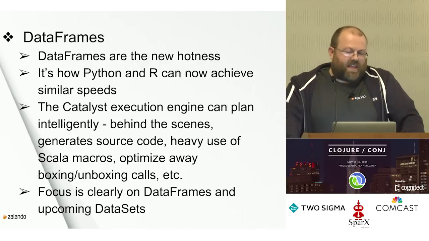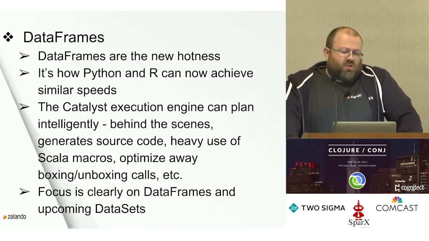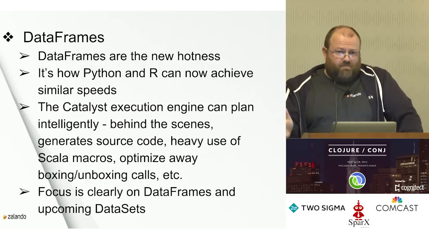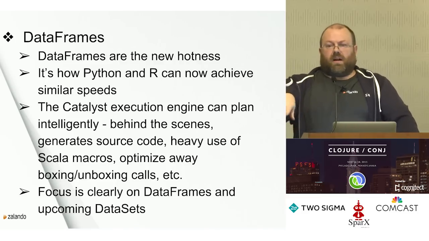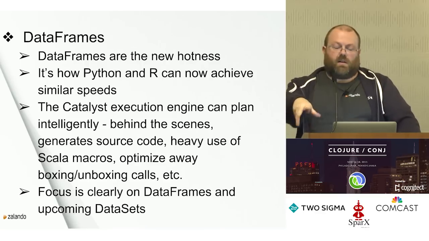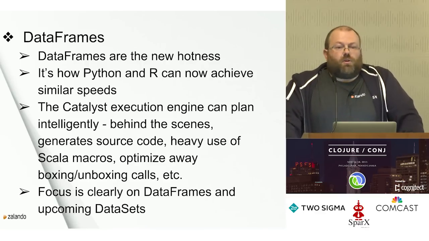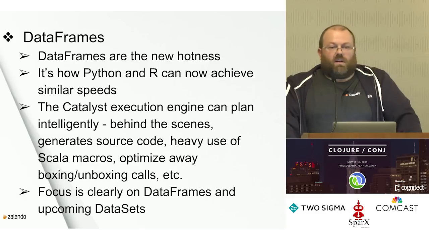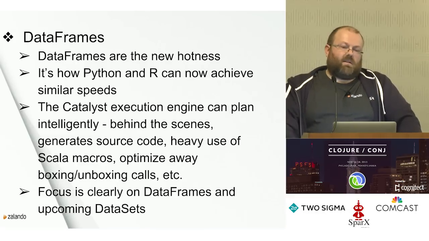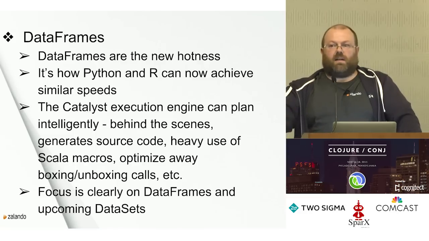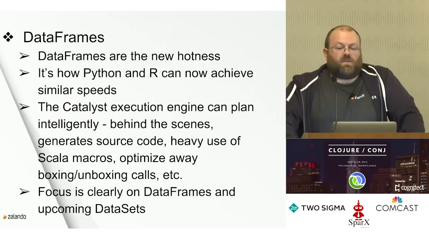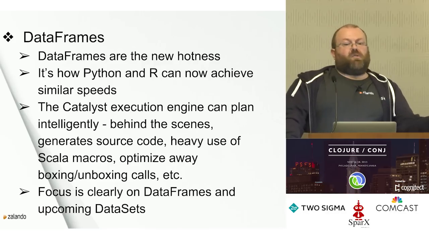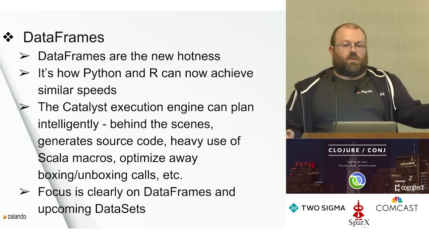Underneath the hood, there's something called the Catalyst engine, which is an execution planner. It's like a MySQL or SQL Server's execution planner. Because it knows what everything is, it can say, oh, there's a join there, but I can do a filter and I can optimize this and I can do that. And underneath the hood, it generates Scala source code, and it makes heavy use of Scala macros, and it can decide whether to unbox or skip boxing and do all these things to basically generate optimized execution plans of your data. And, oh, I only need to read these columns and these columns to do that, and so on and so forth.